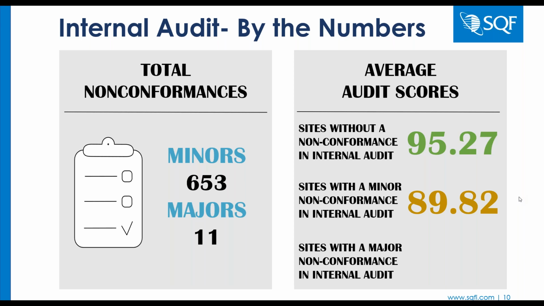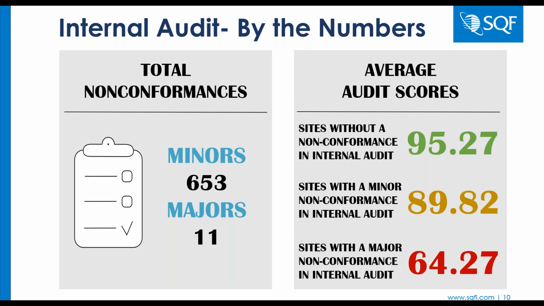So we saw a 5.5 point drop. Then I looked at those 11 sites that received a major nonconformance in internal audit, and what was their average score. This was 8.1 edition data, so a major was 10 points. So you would think the maximum they're going to score is a 90, but when I look at their average scores,